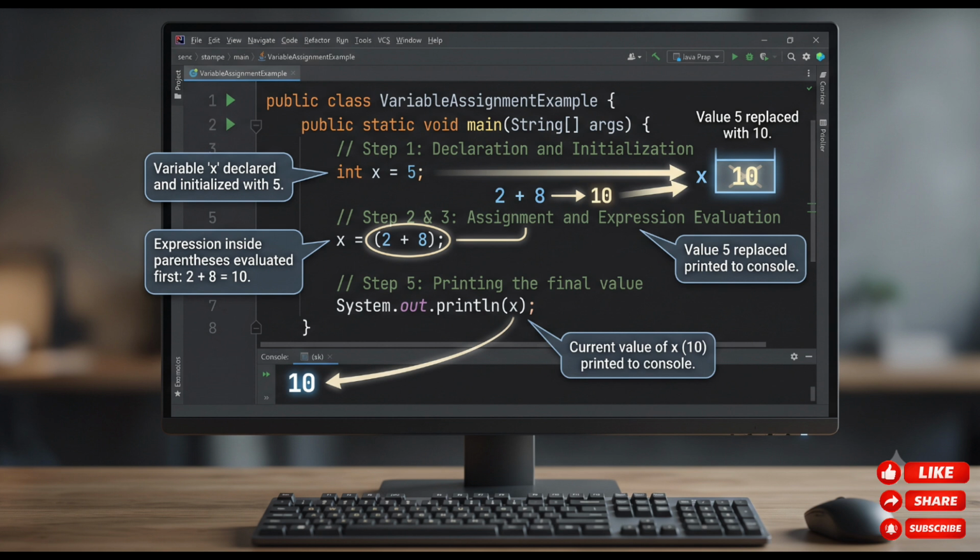First, the expression inside the parentheses is evaluated. 2 plus 8 equals 10. After the calculation is complete, the previous value of x, which was 5, is replaced with the new value 10. Finally, the statement System.out.println(x); prints the current value stored in the variable x. Now, let's